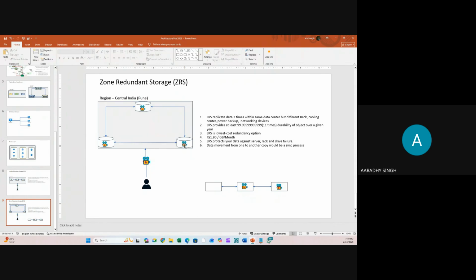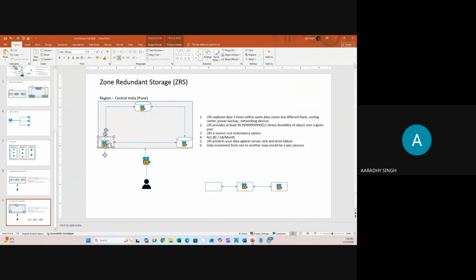Worldwide, we have 70 plus regions available. The distance between 2 zones may be 500 meters, or it can be 50 kilometers also. So guys, in most of the cases the overall premise will be the same, but the building will not be common. Maybe one copy will be available in building number 1, the second copy in building number 2, and the third in building number 3. If there is an outage or an issue at the rack level, hardware level, software level, drive level, disk level, data cooling center level, network level, or something else, or the entire data center is down,